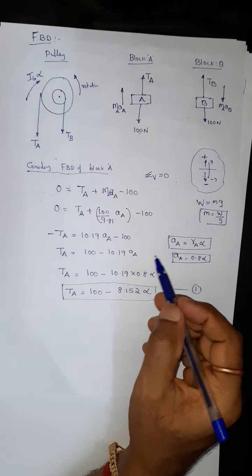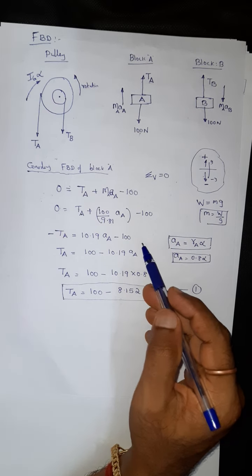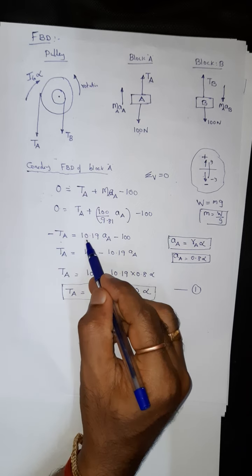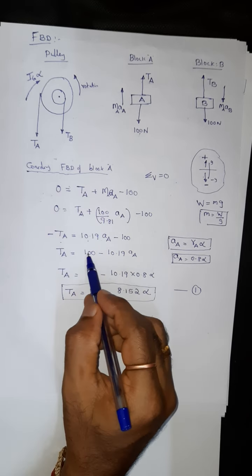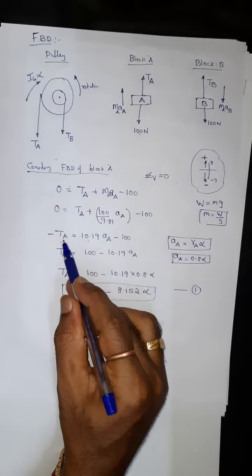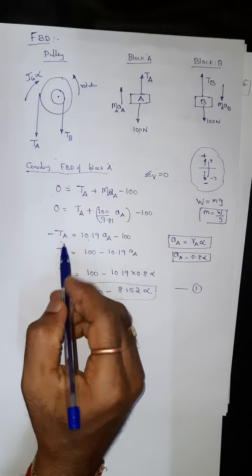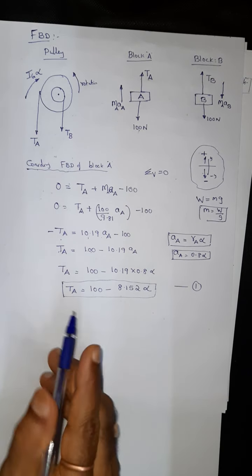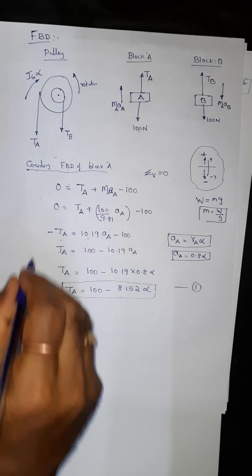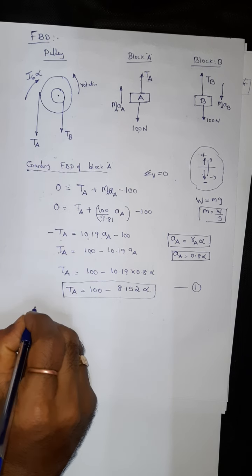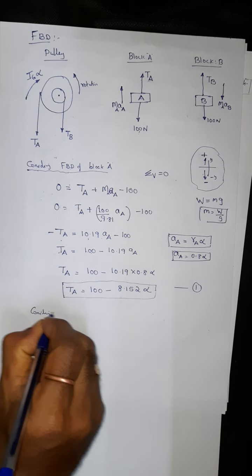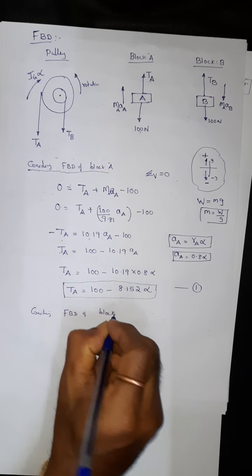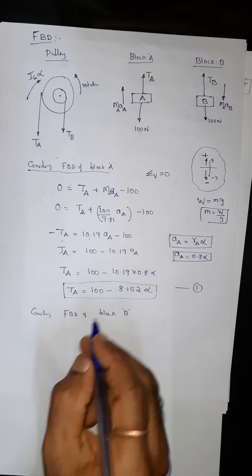Just cross check whether you've gone anything wrong. TA, when you take it here, gets the minus, then 10.19 AA, right? So this becomes TA plus 10.19 AA equals 100, fine. Then considering the FBD of block B,